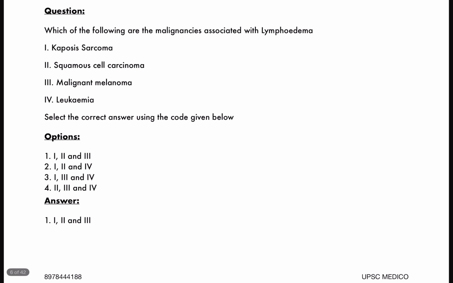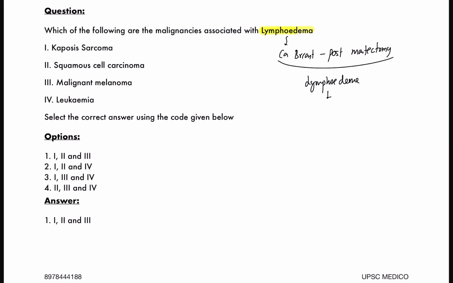Now, which of the following are the malignancies associated with lymphedema? They are continuing. See, the UPSC asks these kinds of repeat questions from the same topic within an exam. If you know lymphedema, 2 questions. Now, when we talk about lymphedema, if you remember CA breast, post mastectomy, the commonest complication which develops is lymphedema, and this lymphedema, if it is chronic, the patient will land into a